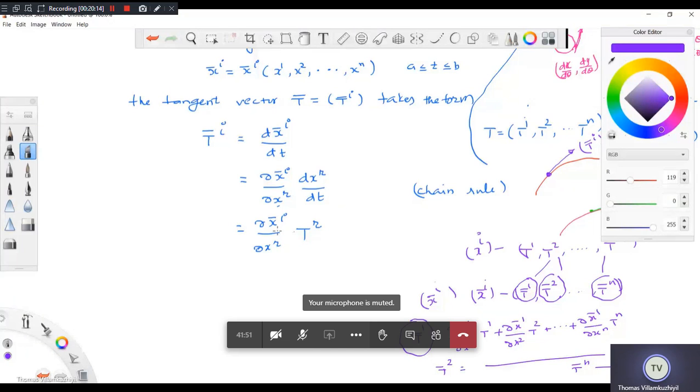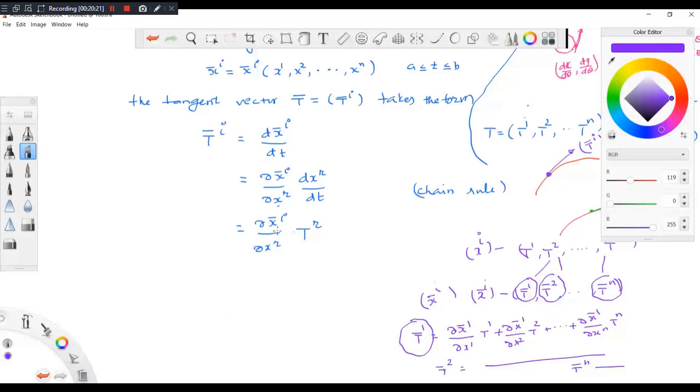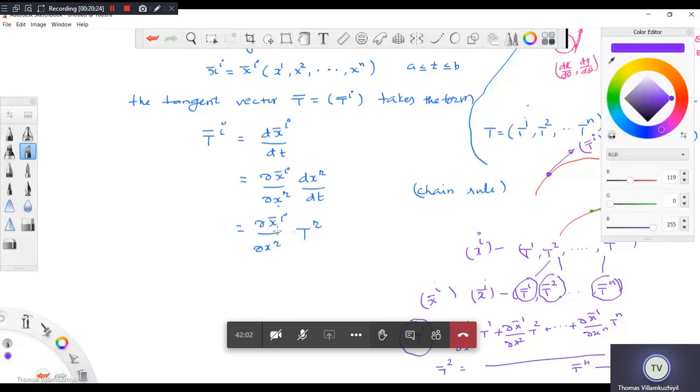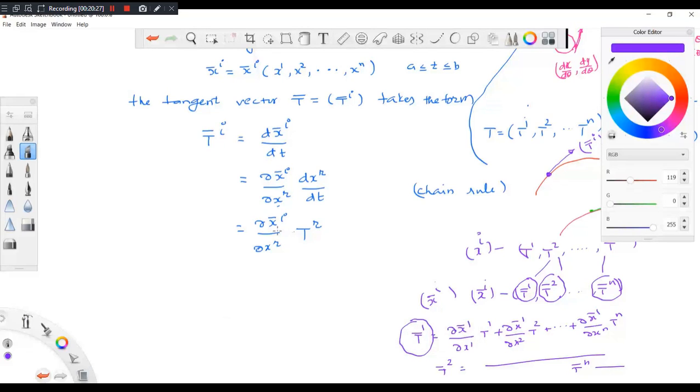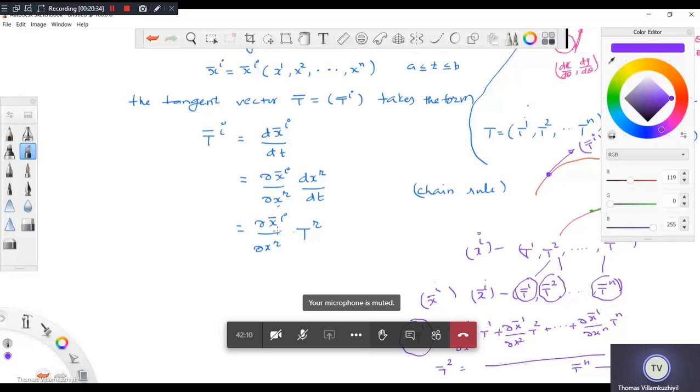Now from the rectangular coordinate system, I am looking at the components of this vector. There will be 3 components, in the x direction, y direction, and z direction. So I am finding the components in all three directions. Now I am looking at the same vector from the spherical polar coordinate system. That component will be different. So now I am looking at the relation between the components in one system and the components in the other system. How they are related.